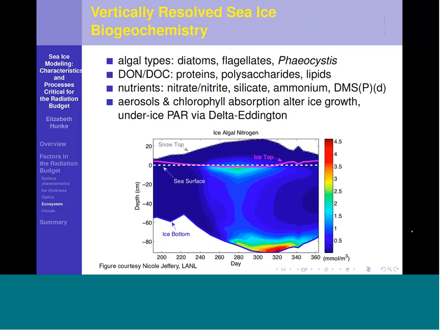One of the major model advances that we're working on now is a full vertical description of biogeochemistry in the sea ice. This simulation is in the southern hemisphere, where algae blooms at the snow ice interface, shown as the pink line. The interface is slightly below sea level and therefore flooded with seawater for a few weeks. When the algae use up all the nutrients there, the bloom fades, but then another bloom occurs later at the bottom of the ice as the irradiation increases.